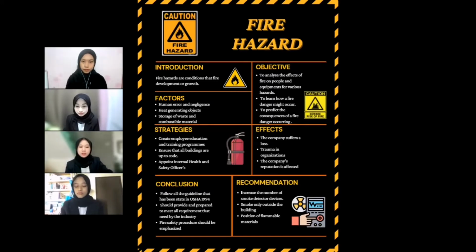Firstly is the objective of the fire hazard. In this context, a controlled fire can have disastrous repercussions. As a result, everybody working in the process business should be aware of the dangers of fire. Students will explore real fires in the process industry, learn to analyze fire risks and consequences, and learn how to avoid and manage fires in this fire hazard topic.